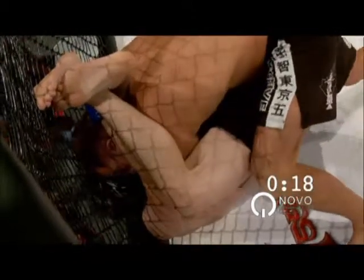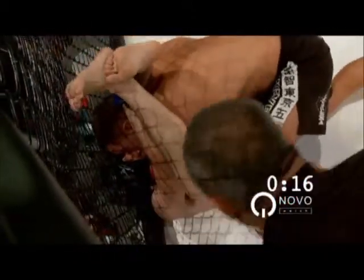Darula, though, fishing his legs up, though. He's looking for a triangle. He hasn't quite got it cinched in, though. He's going to have to hook that foot under his knee, but